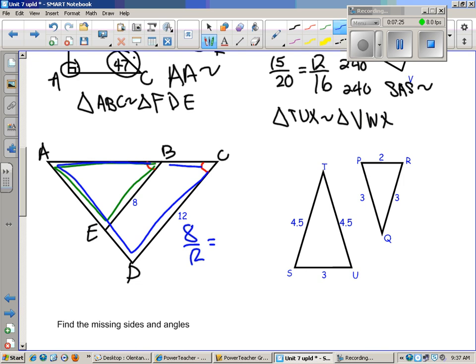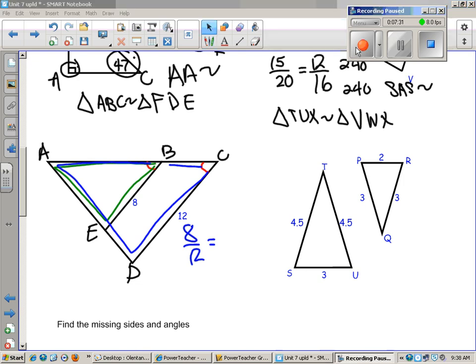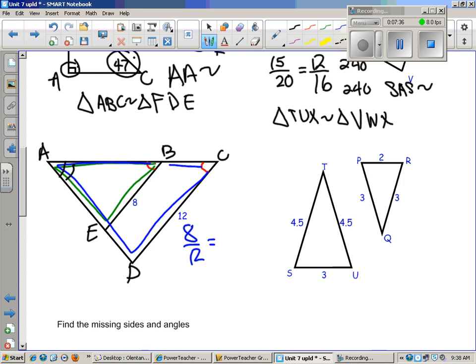So do we have another angle? Remember, by the reflexive property, angle A is equal to itself. So what's my shortcut going to be? Angle, angle. Good. So even though they gave me a side, they didn't give me two sides, so there's nothing I can do with it. Then I would do triangle ABE